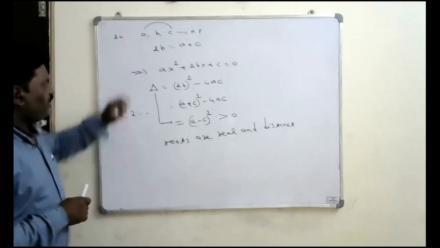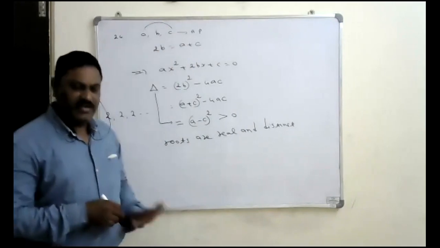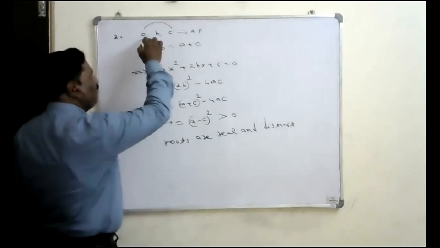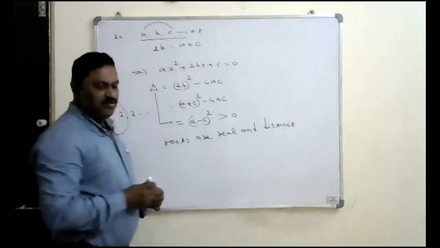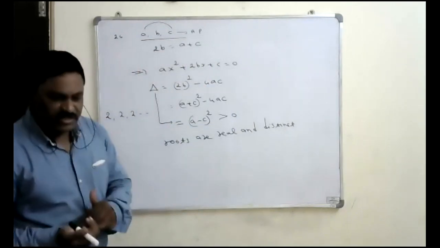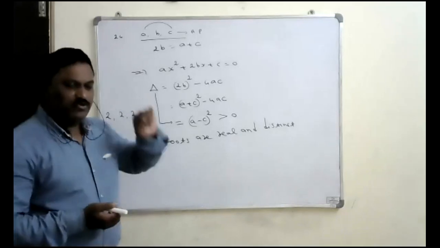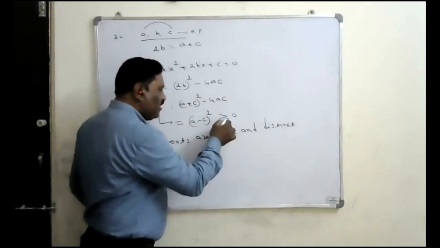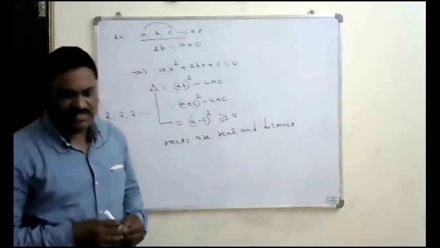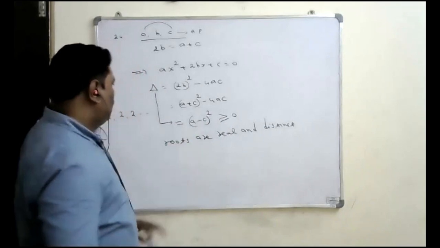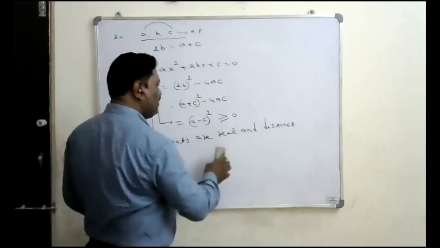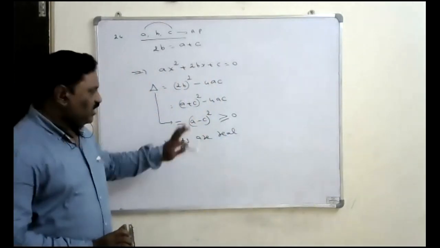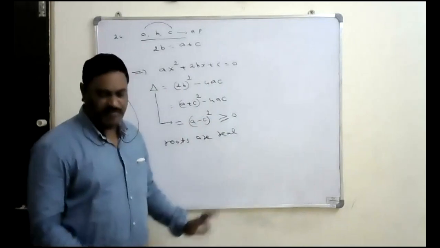If it is a constant AP, all the terms must be equal in that AP, that is called the constant AP. It might be a constant AP also, because they said that A, B, C are in AP only. That may be a constant AP or non-constant AP. Here A is equal to B is equal to C, also a possibility. When A is equal to C, this is greater than or equal to 0, also a possibility. Equal to 0 means the roots might be equal, but in both cases the roots are real, it is satisfying.